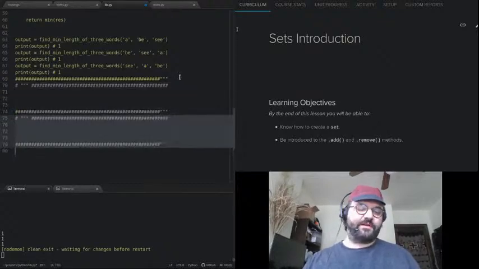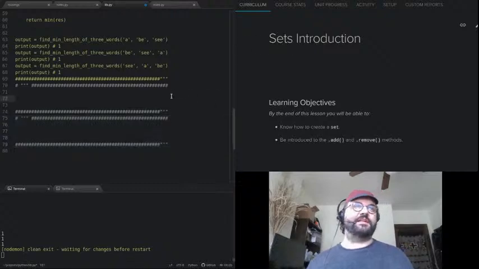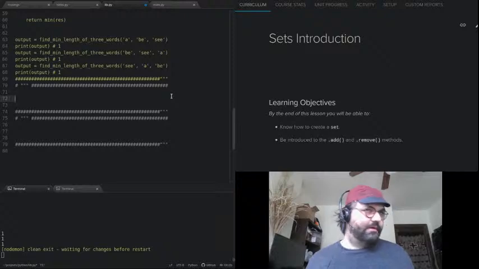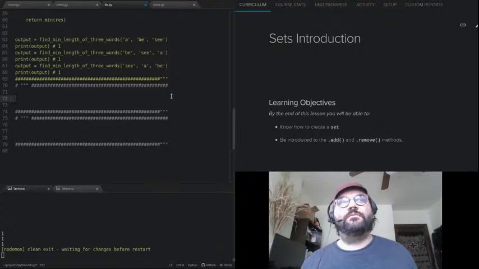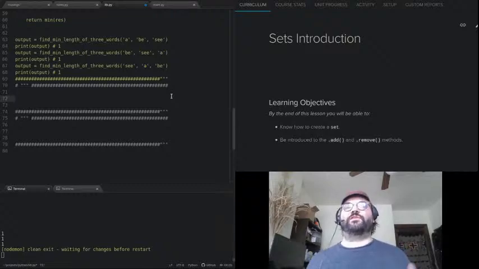Let's talk about sets. I don't think they're the most complicated type, but sometimes they can be tricky to understand. They're not a particularly complicated type, but there's sort of a similarity with understanding sets. How do I put this? It's like